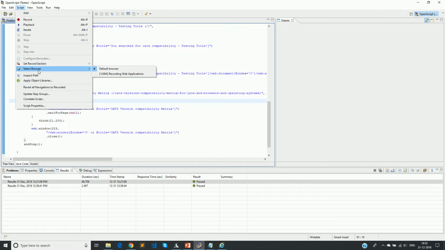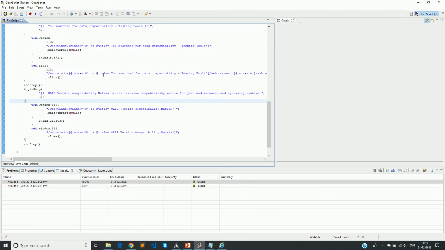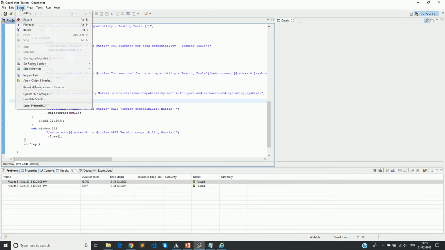Select browser. So this is also a very important option. For example, you're working on script development and you're recording some part of the script and you suddenly stop it. And then maybe you want to resume the recording. In that case, you can record from that same place instead of re-recording from the beginning. The only thing is we have to come to this particular browser option and select the place where it is exactly available. And then if you record, it will continue to record from that particular location.